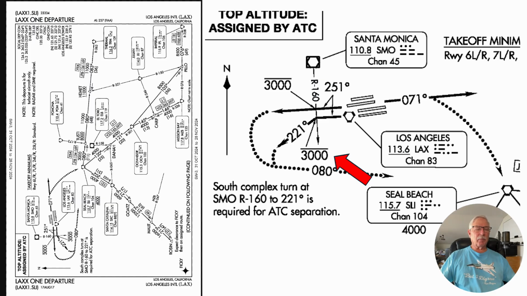Now, on the LA departure, this is the LA one, it'll go up to about 10 and recycle. We had the Chicago, and I've gone through a full cycle of Chicago 1, 2, 3 up to 10, then it recycles and starts back around. But when you're going off to the west, which is a very typical departure due to the prevailing winds, you have off the Santa Monica VOR there, the 160-degree radial, you've got a 3,000-foot altitude restriction, and that's for the